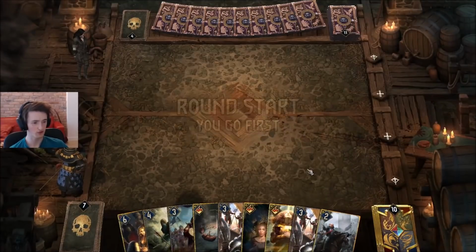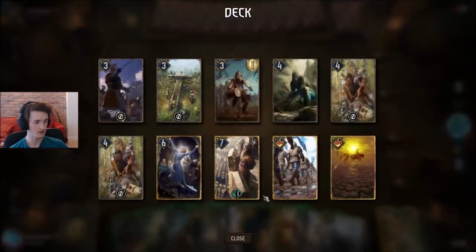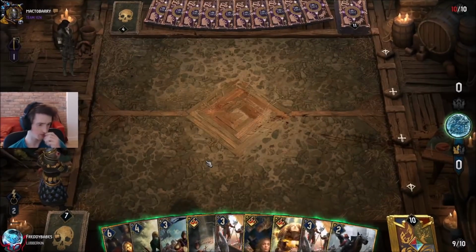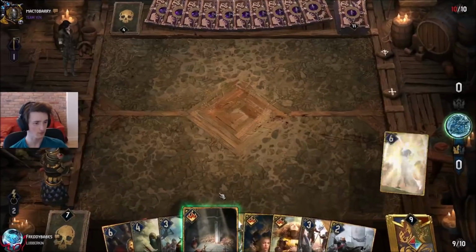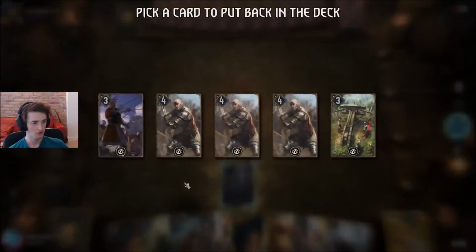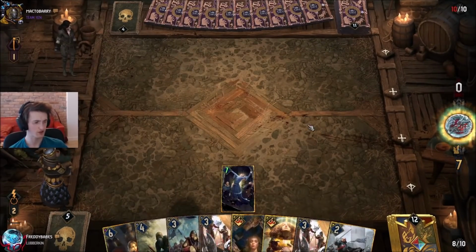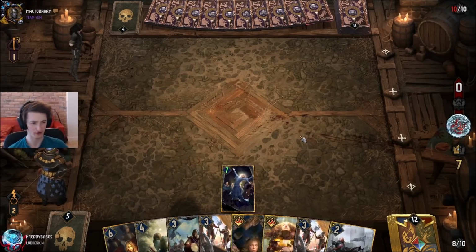Okay, we've got boosts, we've got guys, we've got all sorts of stuff. We've got Pavetta, which we have to kind of play with our AA here. We can do that first. Like, really, what do we actually need here? What do we actually need? We kind of only need like 1 copy with the Foltest, right? If we get that,